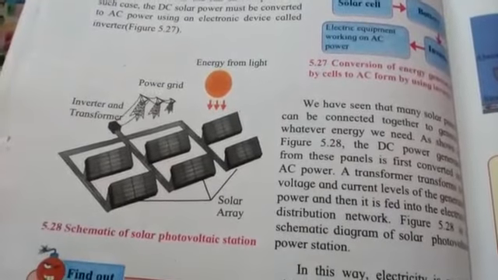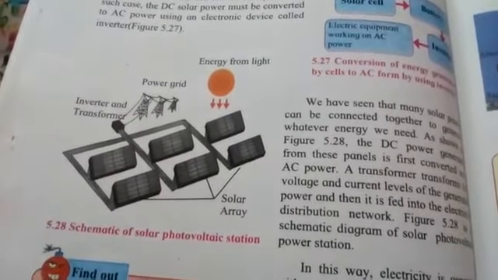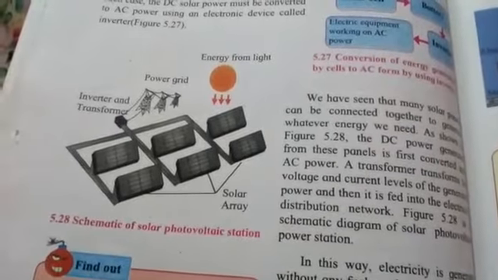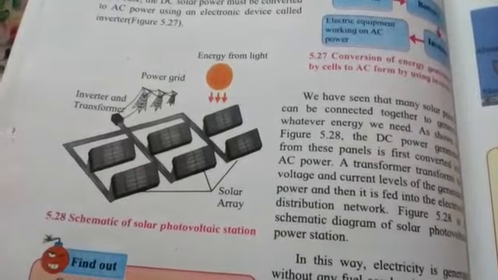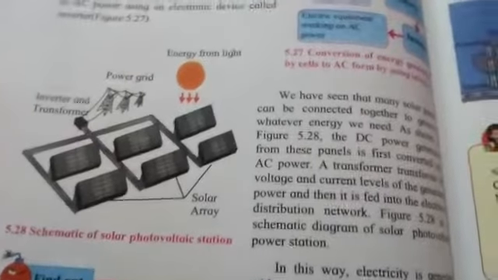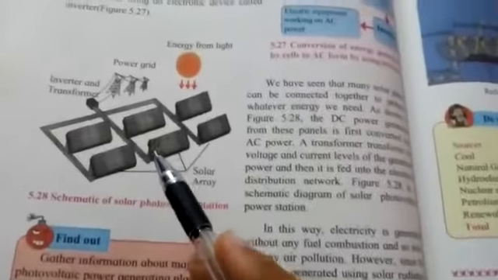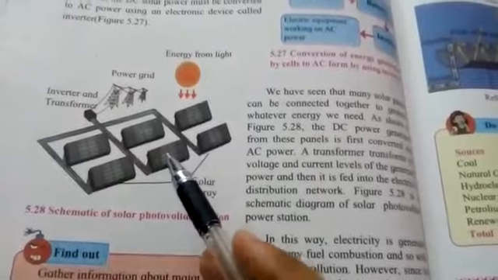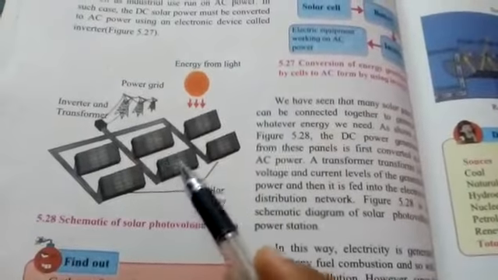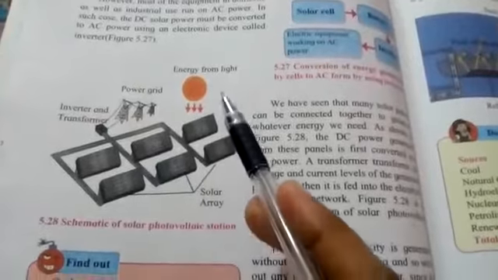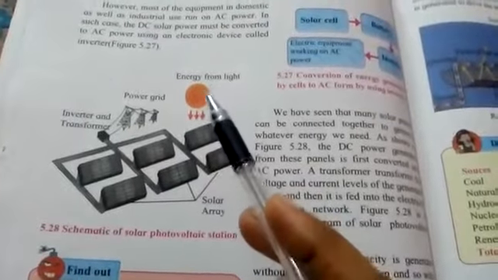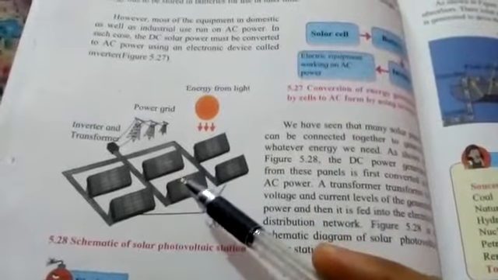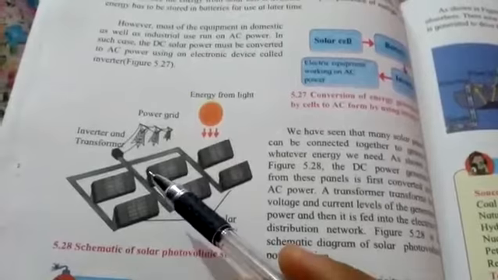In my last video, we learned the creation of a solar array: how solar cells arranged in series form modules, modules arranged in series form strings, and strings arranged in series form solar arrays like this. When solar cells are arranged in serial and parallel manner into the solar array, it results in the formation of the panel. Whatever energy of the sun, the heat and light energy, falls onto this solar array, direct current is created.